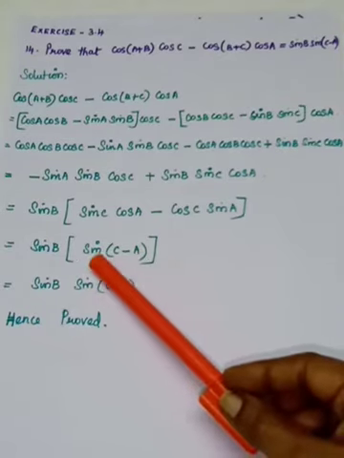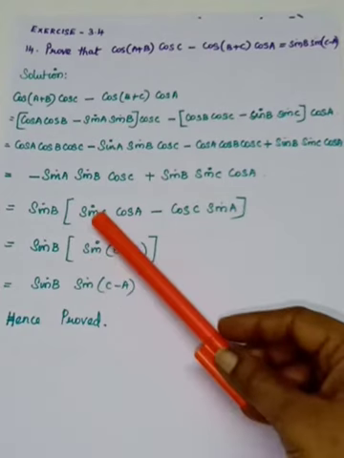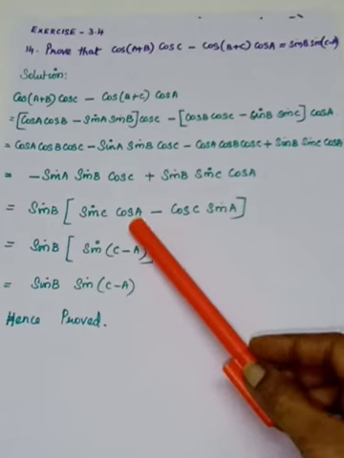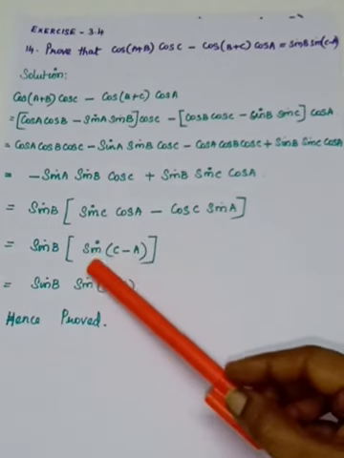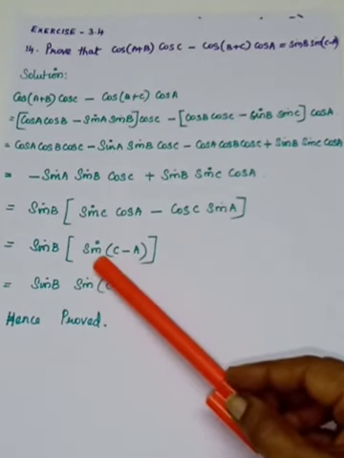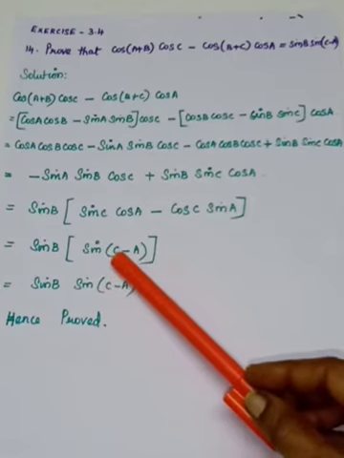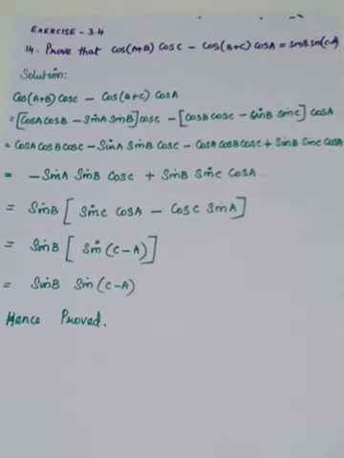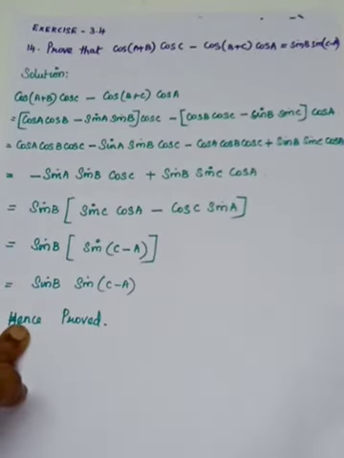Otherwise we can say sin(A−B). So in the place of A you are having C. In the place of B you are having A. So it is the trigonometric identity of sin(A−B). So here it is written as C minus A. So we have proved the result. This is the result asked. So we have proved it. Okay, come to the next problem.